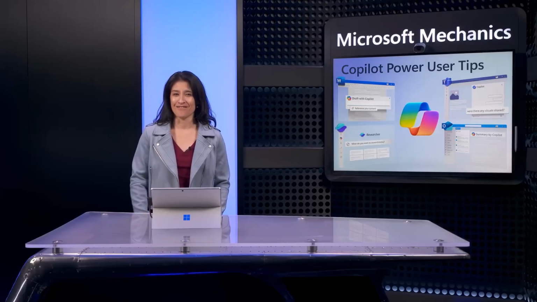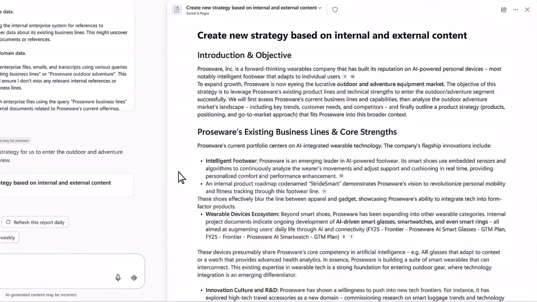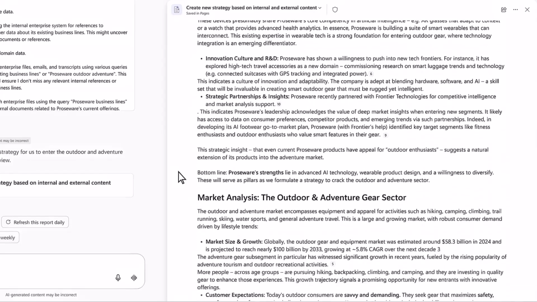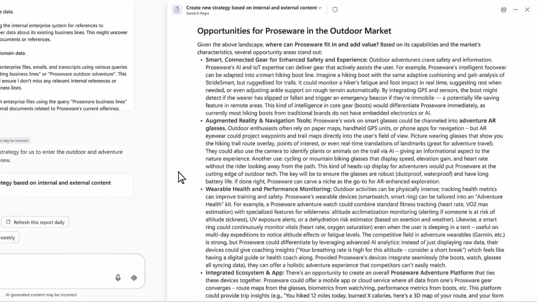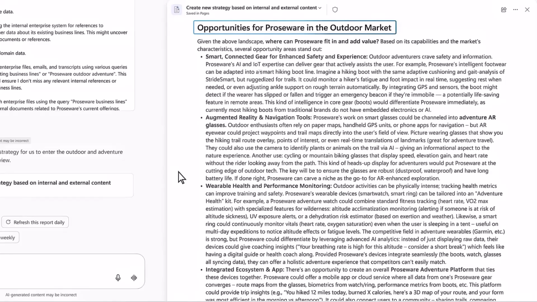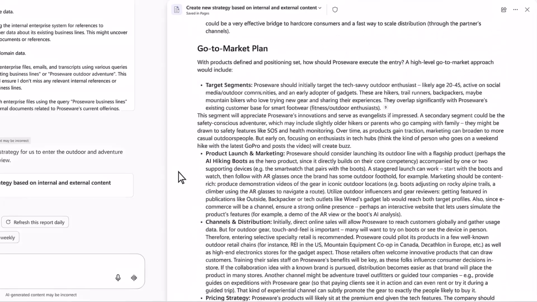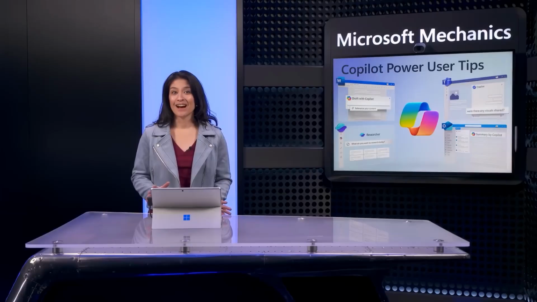So let's jump ahead to that final result. On the right, you can see that it's delivered a thorough response with a fully documented product strategy, in line with what I'd expect from an expert. Starting with an analysis of my existing business, it's also analyzed the outdoor and adventure gear sector. Then it's built insights based on our existing business and how it intersects with outdoor products. It's added strategic positioning and a detailed go-to-market plan. So I've saved a ton of time, and now I have a solid, well-researched draft that I can build on